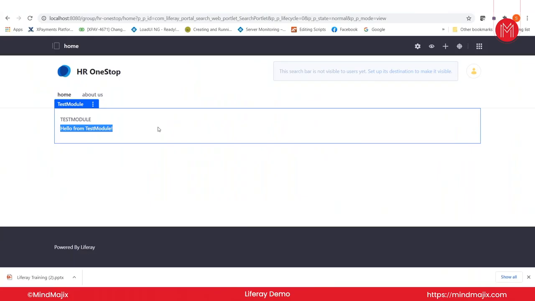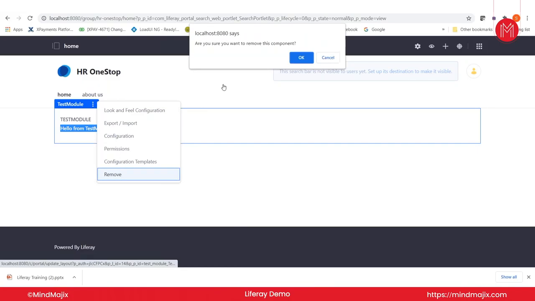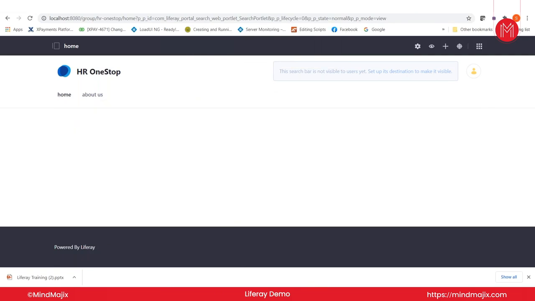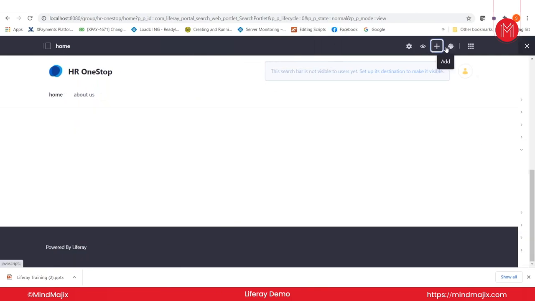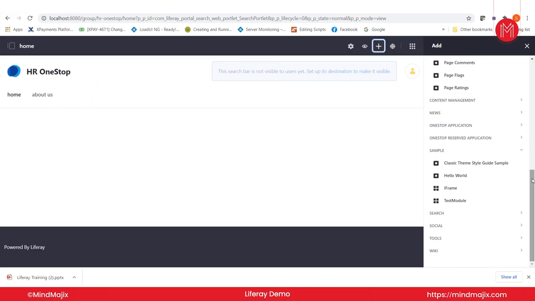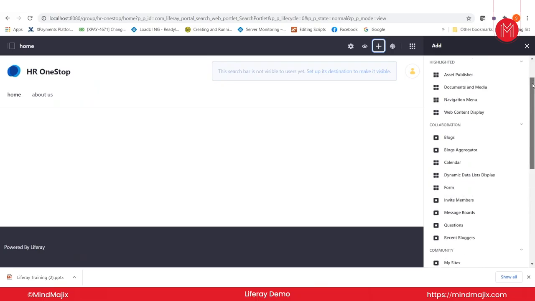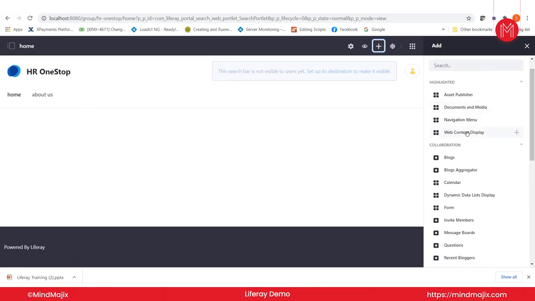Okay, now let me remove it. I will show you one very simple thing, as I was telling you about out of box. This is about custom, just at a high level. I did not cover it in detail. So for example, say web content display, right? If I drop it,